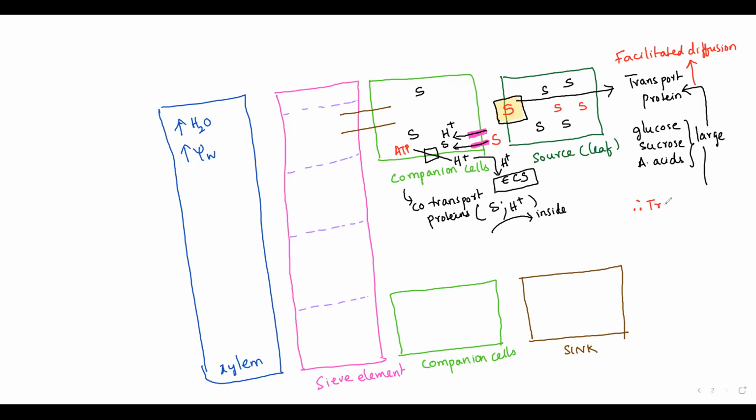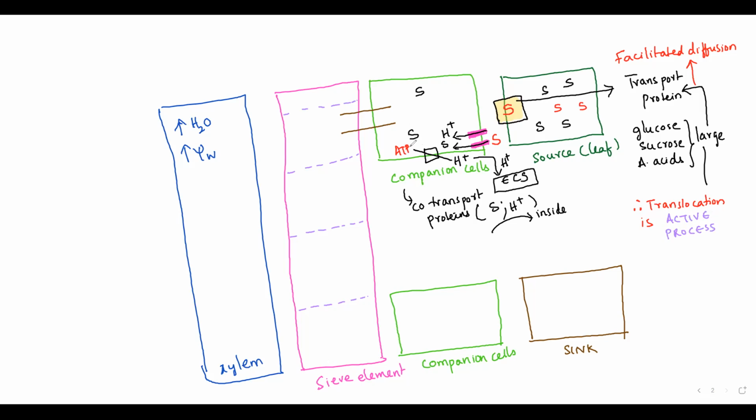Therefore, translocation is an active process. Translocation is an active process because it is utilizing ATP. Did you understand? Companion cells have mitochondria, they're synthesizing ATP, and this particular ATP is used to move the